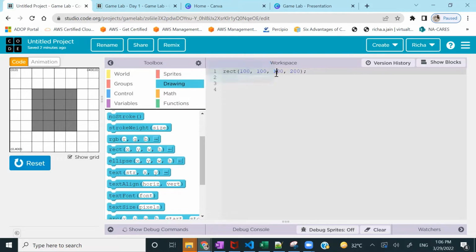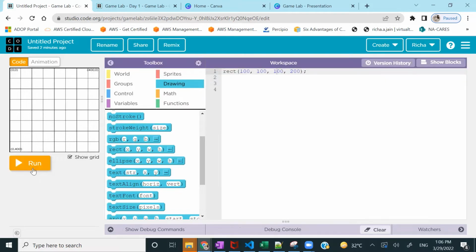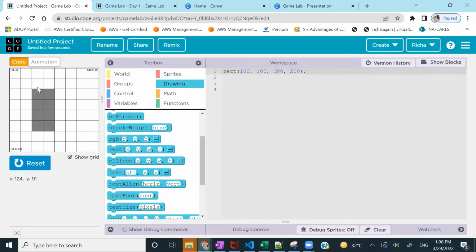Let's change the width and length. And if we change the width and length, we can create the rectangle. Otherwise, if both are same, it will be a square shape. Okay, so by default, we can see a gray rectangle has been created, right? And the boundaries are black. There is a way to change it. How do we change it?